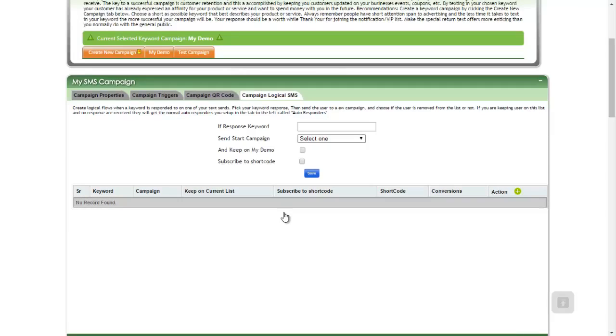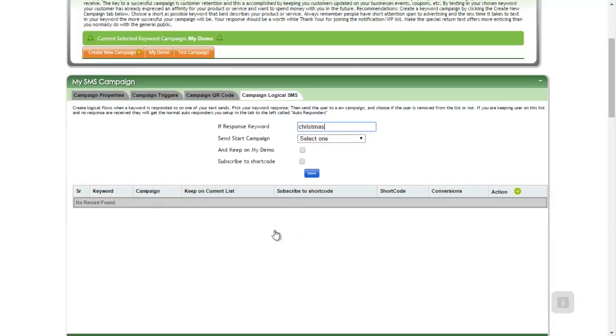Next, we have our logical campaigns. And what this does is allow us to segregate our list based on an SMS that we send. Let me set an example here. Let's say it's getting close to Christmas time. It's like 3 weeks before. And we want to determine who's interested in Christmas and who isn't. So what we can do is come in here and set our response keyword. Let's say we ask the customer to reply Christmas if they want to get Christmas notifications, we can just put in Christmas